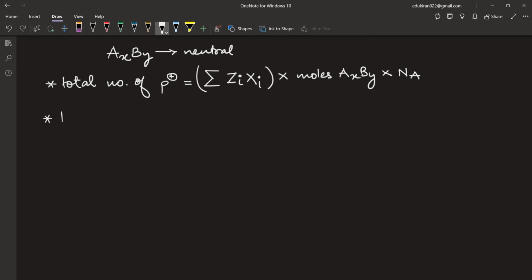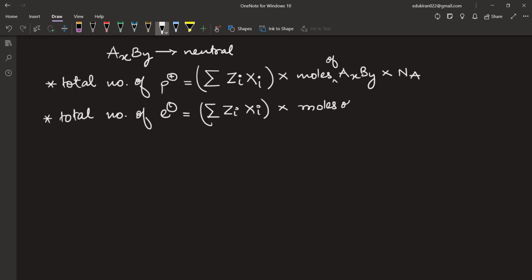Now, similarly, if you have the total number of electrons, then this will be equal to the summation of, again, the same thing, because number of protons and number of electrons are equal when you have a neutral molecule, into Zi times Xi, number of moles of AXBY, times Na. Okay, and if I have to find the number of neutrons,